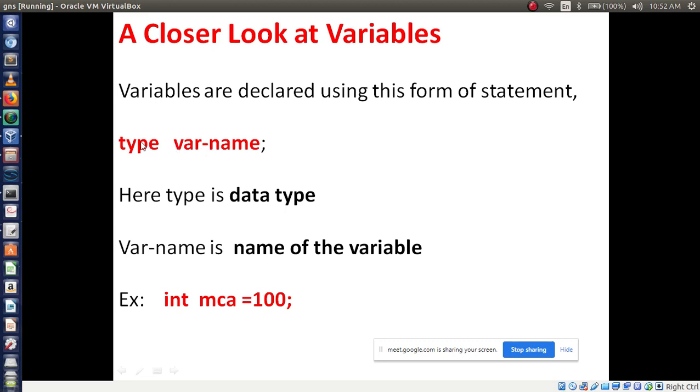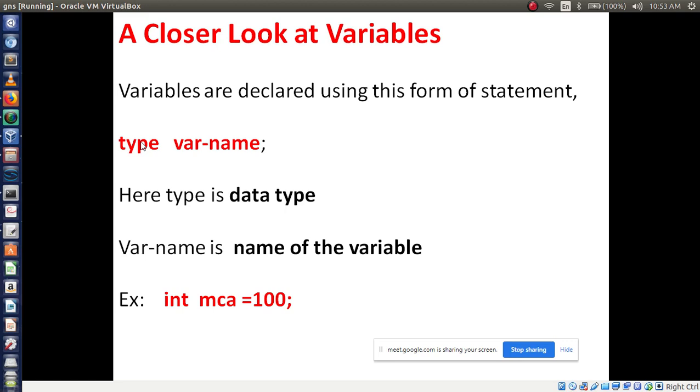Type means what here? Lina, type means what? Data types. It may be int, float, char or boolean, right? So these all are types. Then followed by variable name. What is the variable name?